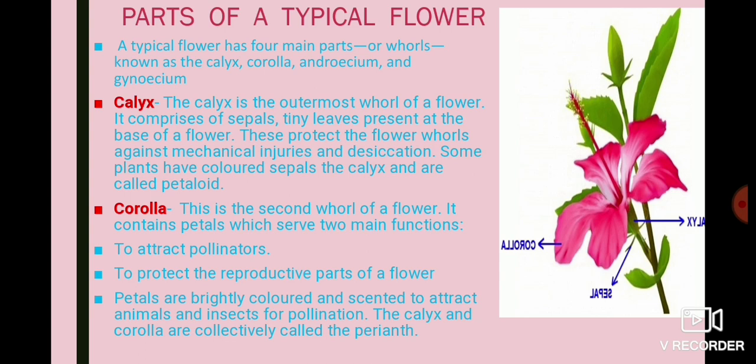Now see, the portions which have already been done, that only has been given, like parts of your typical flower, calyx, corolla, which was given in schematic format, and this I have given you in point format. The same thing: calyx is your outermost whorl composed of sepals. What is its function? It's protecting the flower against drying up, against desiccation. Then comes your corolla, which is the second whorl of a flower. It contains your petals. What is its function? To attract pollinators. Yes, corolla is that portion which is going to attract your pollinators. Pollinators means agents of pollination, because that is the most attractive part of a plant.